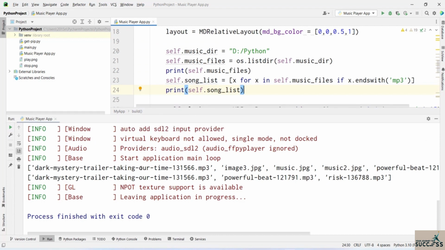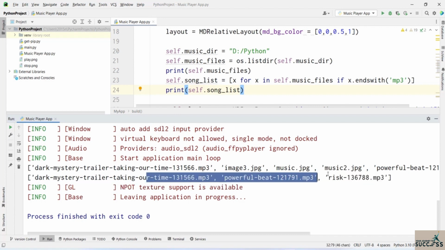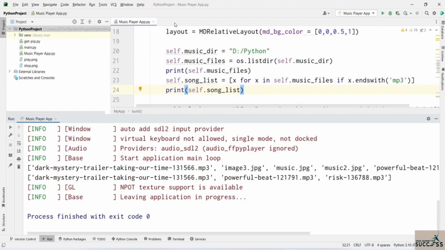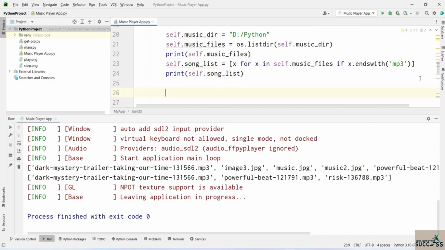Okay, so first of all, in here you can just see that inside of this list we have all the music files and then the images, and now inside of this list, we have only all the files that end with MP3 extension. So in here, you're going to see that now we have all the audio files inside of this variable song list. So now what you can do is that you can create another